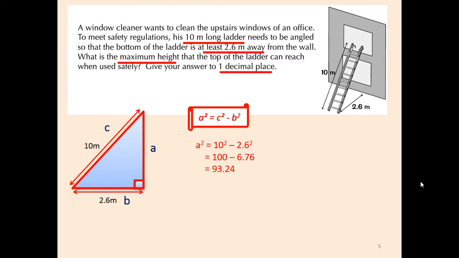So what do I need to do to 93.24? Well, I'd have to square root it because A squared is equal to 93.24. If A squared is equal to 93.24, then A would be the square root of 93.24, and that gives me about 9.65686 recurring, and to one decimal place, that gives me 9.7 meters. Okay, and that's how